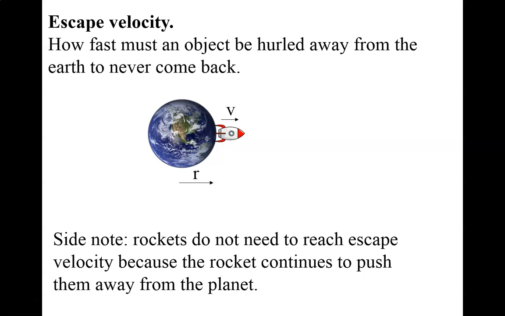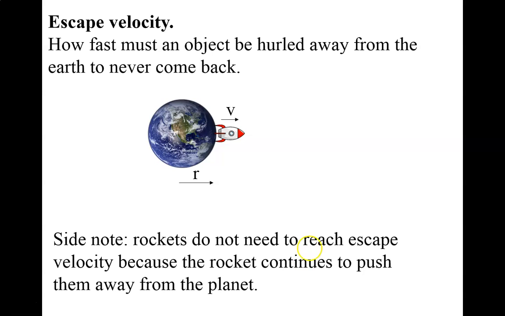Just a little bit before we move on here. I know this is kind of a longer notes. Just to touch on escape velocity. This is basically how fast you have to throw an object away from the Earth, or from another planet for that matter, for it to never come back. So if you don't throw it hard enough, it's going to come back down on your head. If you throw it hard enough, eventually